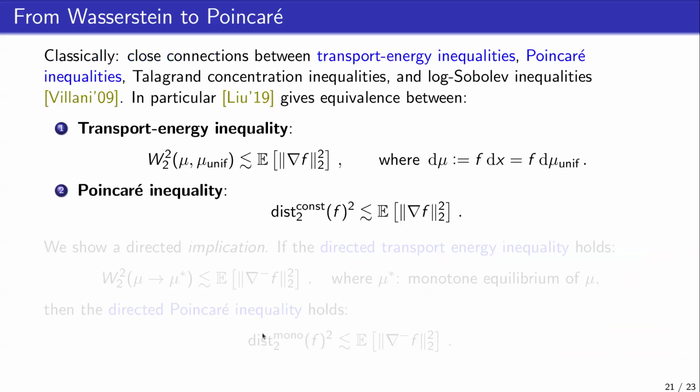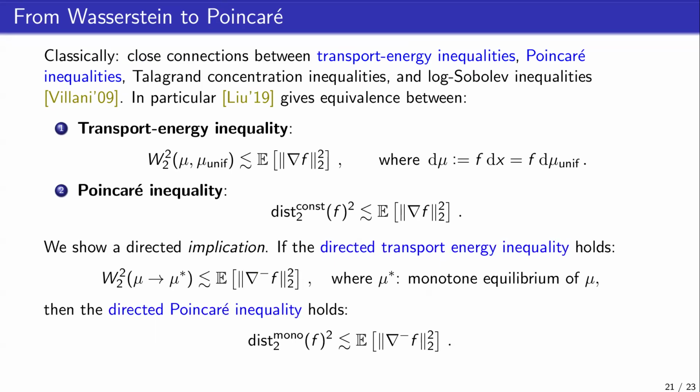I wanted. So I don't want to give you too many technical details because I think it's not the main point of the paper here, but it turns out that these transport energy inequalities are very, very closely connected to Poincaré inequalities. And in fact, the connection goes further. Transport energy, Poincaré, Talagrand inequalities, log Sobolev, these things have many, many implications and equivalences depending on the particular setting. And in particular, this kind of transport energy inequality that I just showed you and Poincaré inequalities are essentially equivalent in the classical setting. So our only job is to get something back in the directed setting. And it turns out that we can. We can get at least a directed implication.